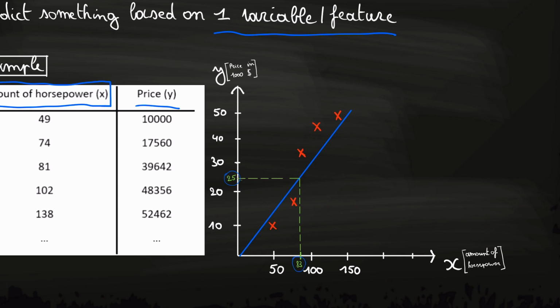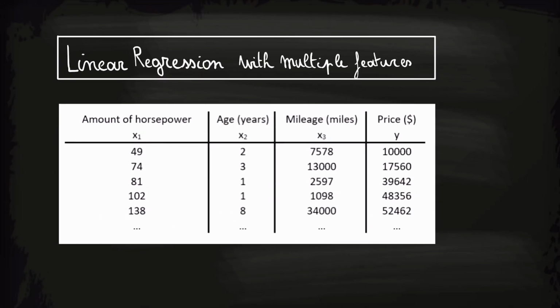is 83. However, if we think about it, we can give more information than only the amount of horsepower. This extra information will then give us even more accurate predictions. Say for example that you want to predict the price of a car based on the amount of horsepower, the age of the car and the mileage of a car. This gives you way more information about the car than we had before and thus will allow us to make more accurate predictions. But before we will see how this is done, we need to get familiar with some new